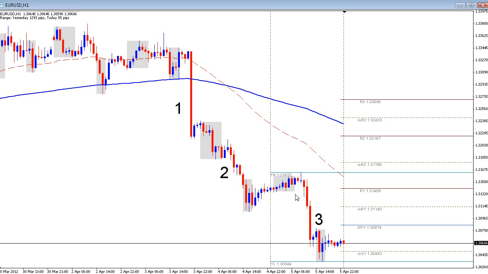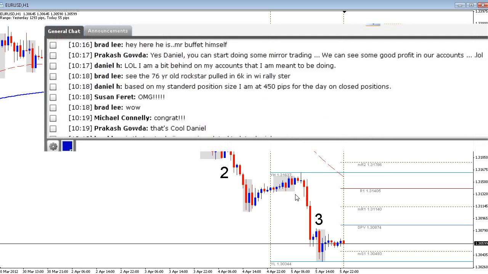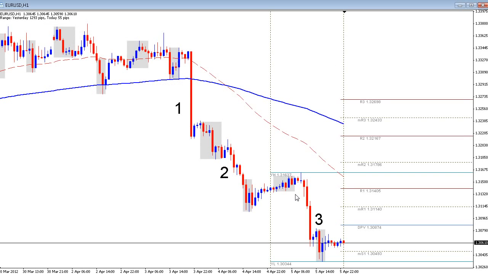He's outperformed me, but on this one move, he was taking the euro dollar, the euro yen, and the pound yen with a closed position. I'll post the screenshot I took out of the room. He'll probably yell at me for that, but I took a screenshot of the room of him posting his pip count for that move. And this is a trade not just he caught. Other members in the room are doing very well with it, because again, they're looking for those levels. They're saying, okay, well, I've seen 2 to the downside. I'm expecting that third push, and again, they're doing very well with that,